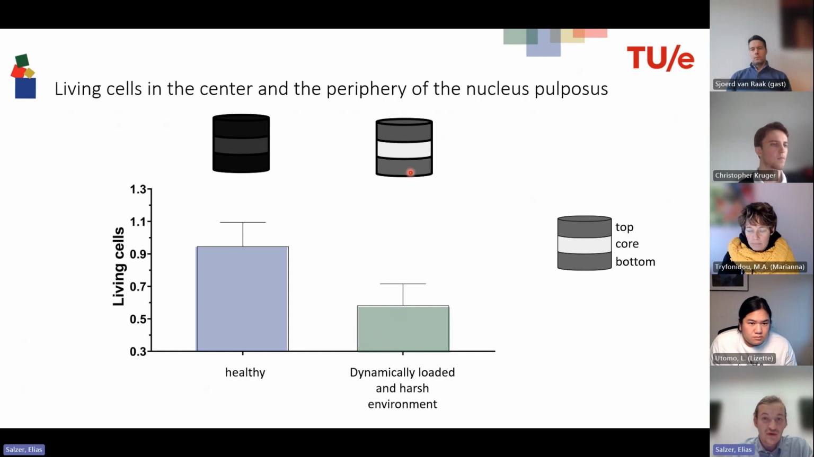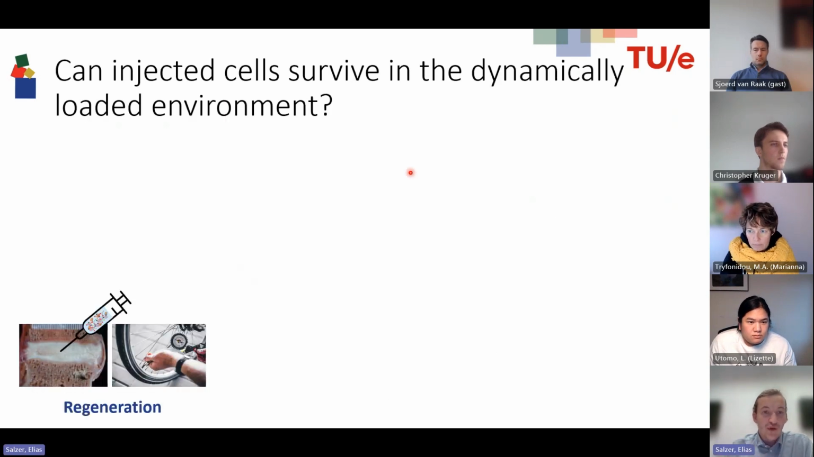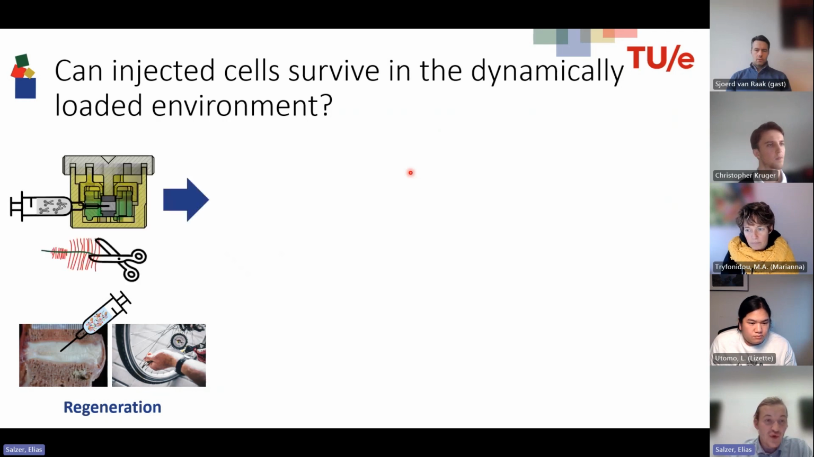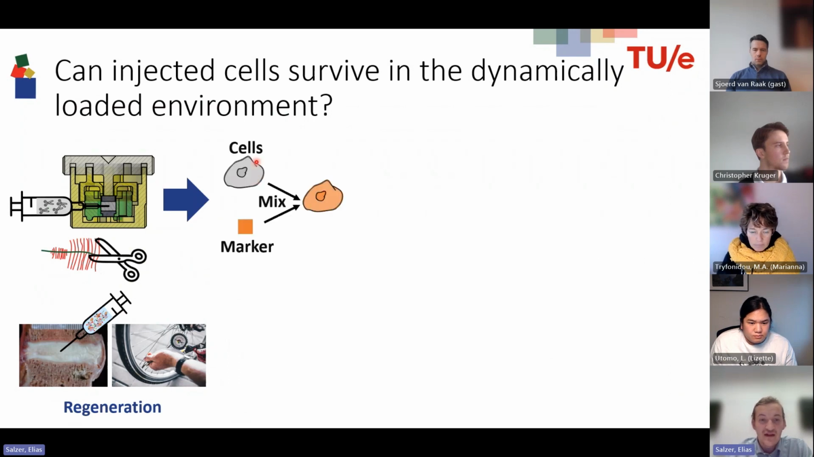the nucleus pulposus. But we also want to use this model to study regeneration, right? To pump up the tire again. And we did this using the previously developed model where we injected chondroitinase ABC, the enzyme that cuts away these proteoglycans to induce degeneration. Then we had cells,